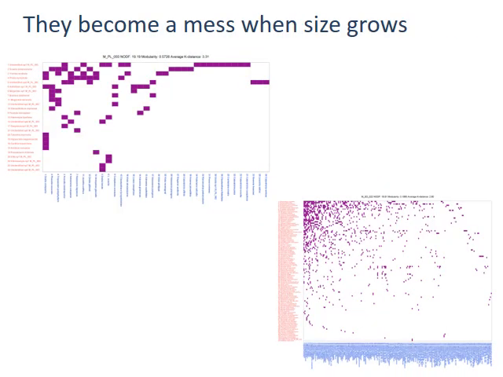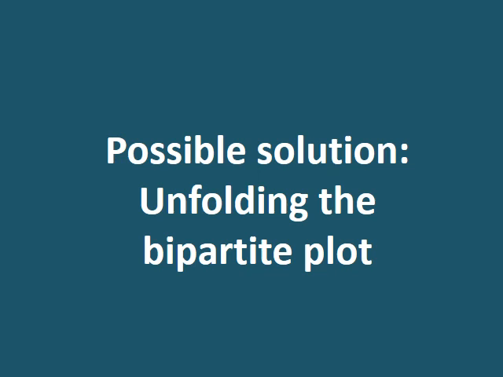The interaction matrix has the same problem as the bipartite plot. It becomes messy when the size grows. These two examples were depicted by me, with data of two real networks downloaded from the Web of Life. The upper one is easy to follow, while the lower is just a bunch of dots that show a diffuse pattern of nestedness. We are not the first ones to realize these shortcomings.